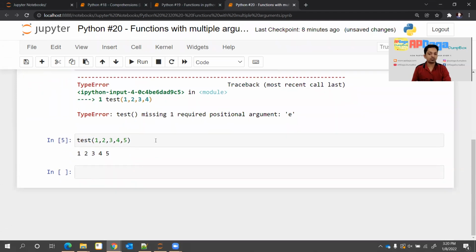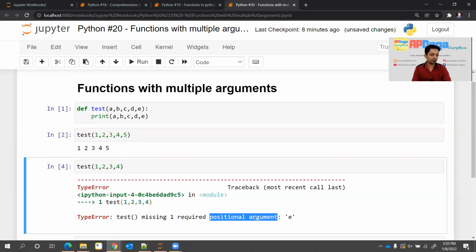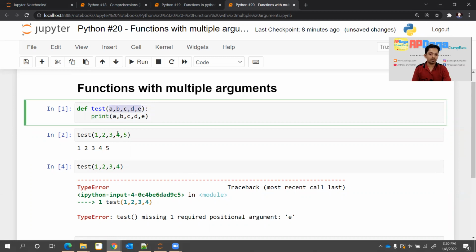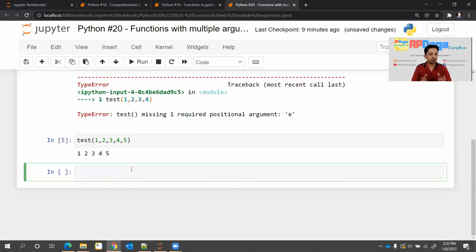And why is that? Because this kind of variable is called a positional argument. Whatever input you pass, you call it an argument, and as per the position, those values are assigned to those variables. So the sequence is very important over here. We call this kind of argument a positional argument.